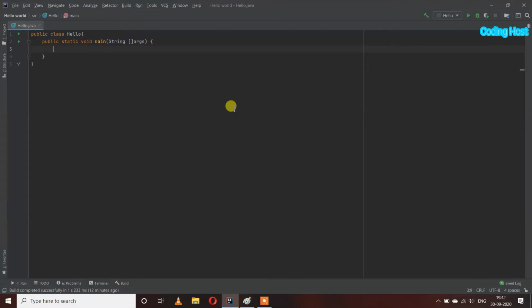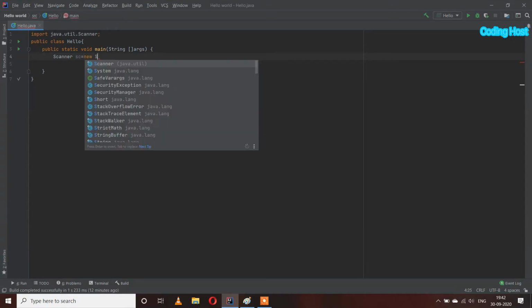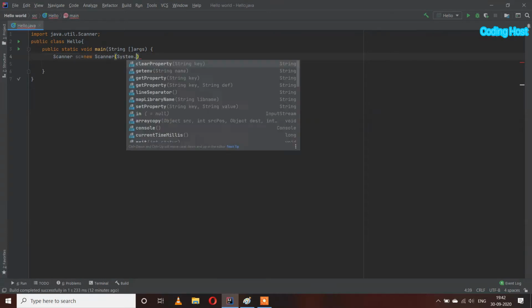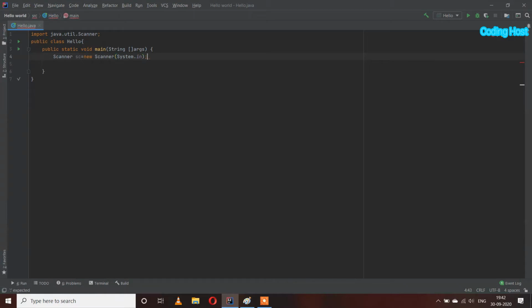So in the program, first I will import Scanner because I want to take input from the user. So import java.util.Scanner, and then we have to make an object of this Scanner class. So I will write Scanner sc equal to new Scanner, and then System.in. After that I will take a variable int n to take the source number from the user.